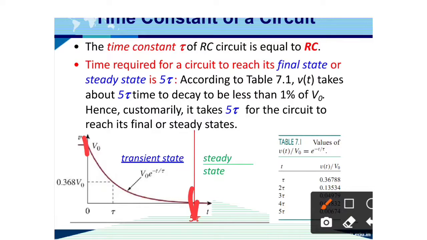This example is applicable to a fan. Like we set a high speed fan on 0.5, and the maximum speed is 2000 rpm. When we switch it on, whatever the value of RC, it will take time to get to the maximum speed of the fan. When we just start the fan, it will not start at 2000 rpm, but it will take some time to reach 2000 rpm. So this is the time required for the fan speed to become 2000 rpm.